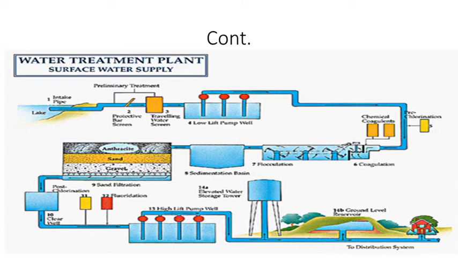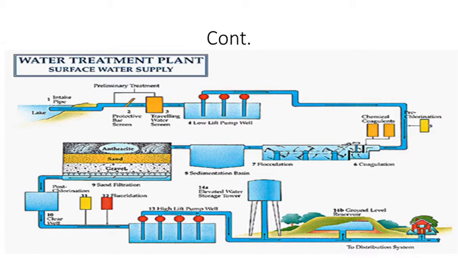The rate of filtration, you all know, for the slow sand filter is less, 100 to 200, and for the rapid sand filter it is 3000 to 6000. Also, if you consider the efficiency, the slow sand filter removes 99% of bacteria, and the rapid sand filter removes 80 to 90% of bacteria. So these are the various points from which you can classify the slow sand filter and rapid sand filter. And then there are the activated carbon filter and the pressure filter.